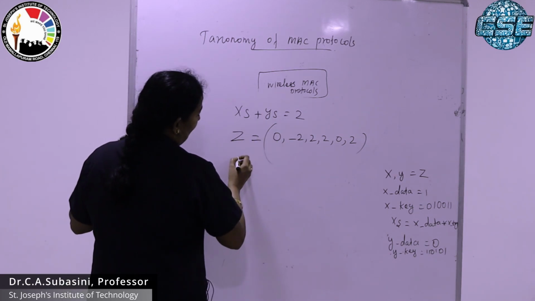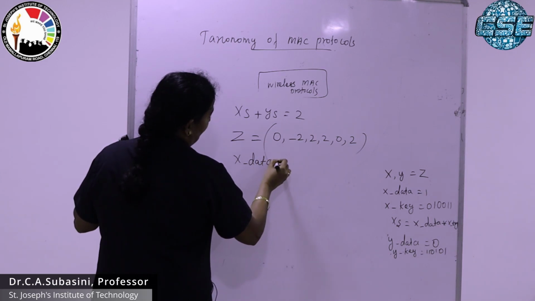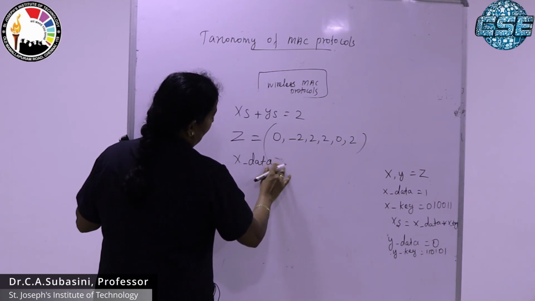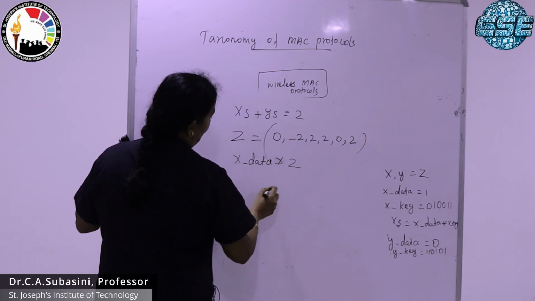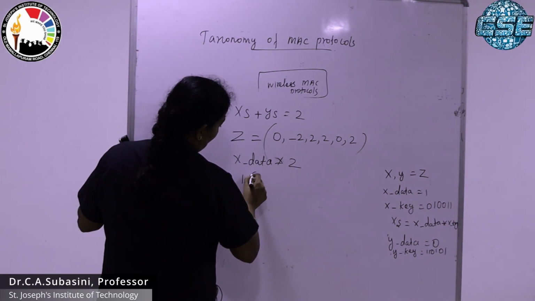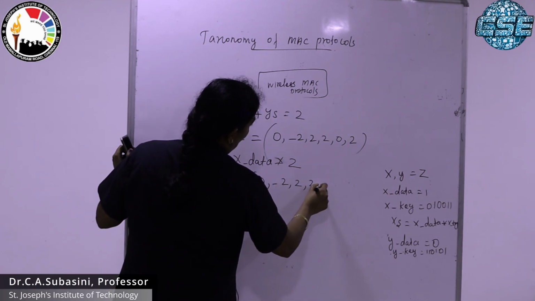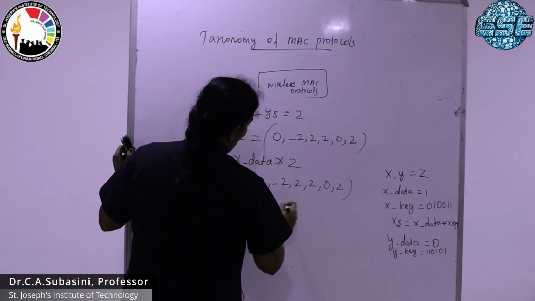For example, X data into Z. So that is equal to X data will be 1, followed by 0, minus 2, 2, 2, 0 and 2. So this will be